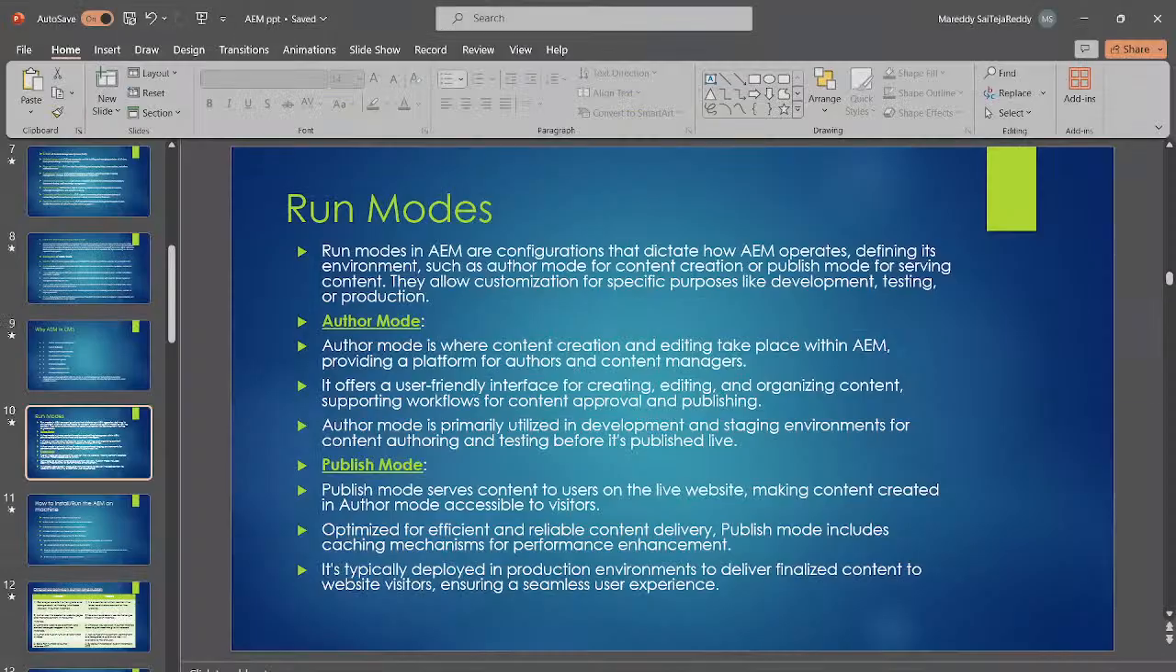Hi guys, today we will discuss what the run modes in AEM are. In our AEM, run modes are configurations that dictate how AEM operates, meaning how to operate the AEM. With run modes, we have some configurations that define its environment, such as